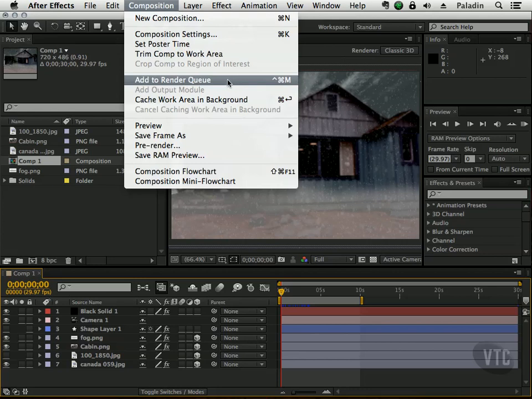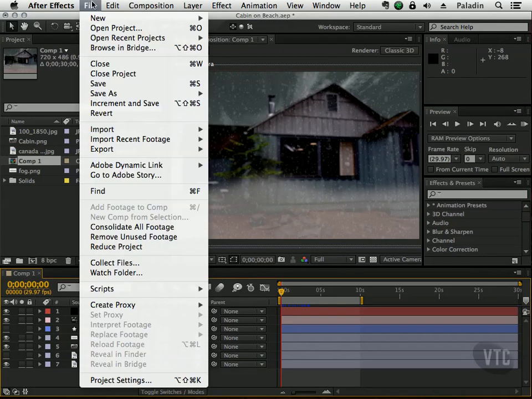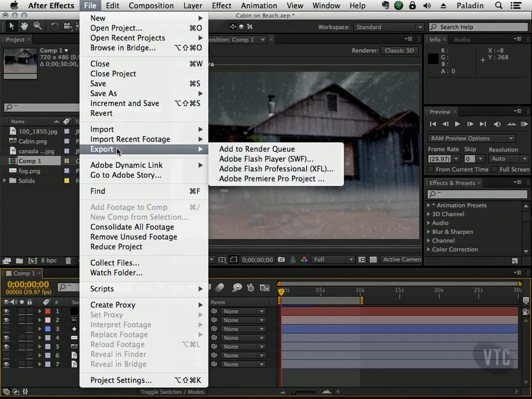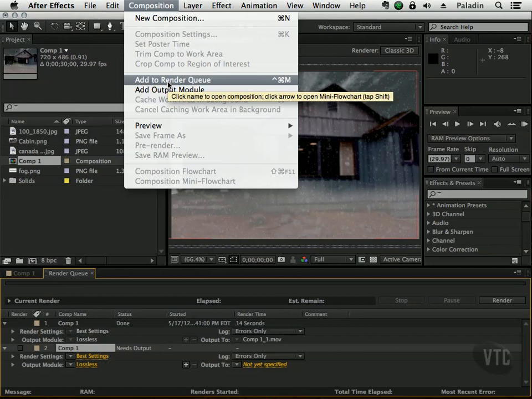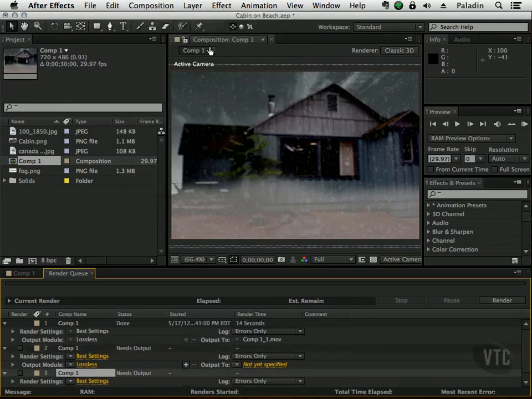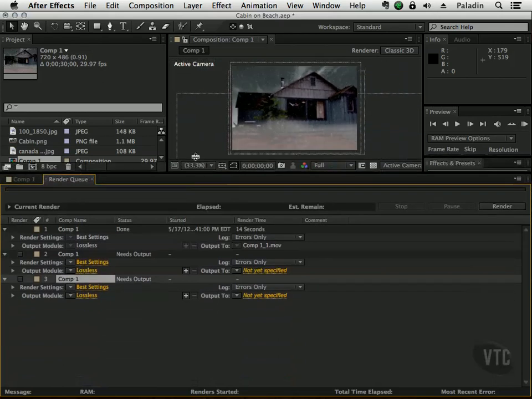This is typically how you go about rendering your video, as opposed to going to File and choosing to export. But you can do this as well if you want to go to like Flash Player, for example. And as you see, the render queue also lives here. But from experience, I usually go to this composition window and just choose the Add to Render Queue from here. Now once you choose this option, a render queue window opens up right next to your comp. So it's right here. And I'll go ahead and lift this up.